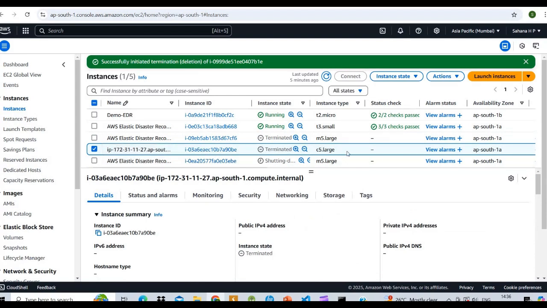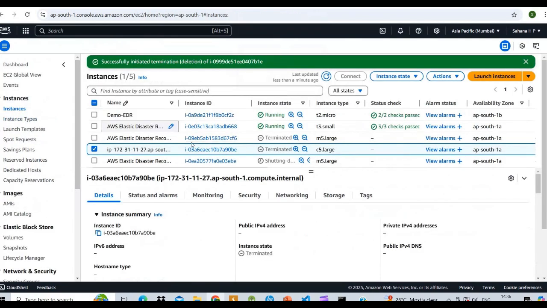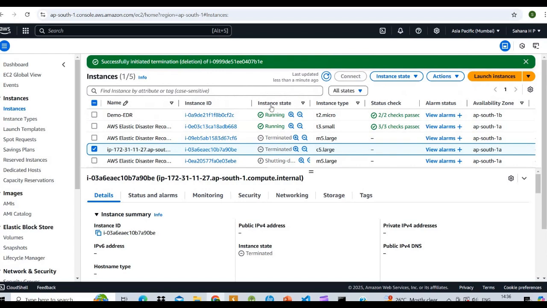It started and terminated also. When you start the recovery instances, come and check this immediately. First the conversion started, then succeeded, then when the launching of recovery instances started, the recovery launching instances also started, and here we can see it started and terminated also.